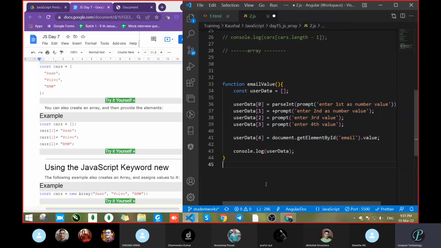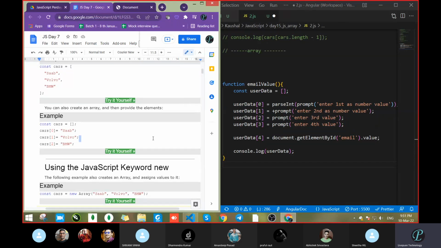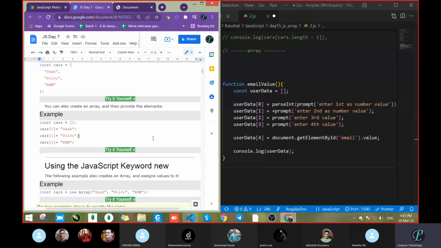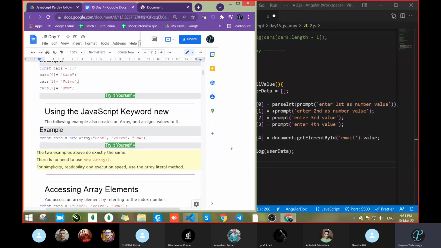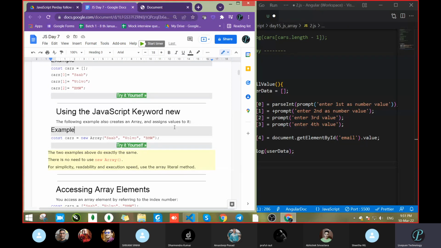Does anyone have an issue in constructing the array dynamically? Tell me. The same thing we can do with the help of the new keyword also. As we saw, we can construct it with the help of the new keyword. The new keyword is used for creating an instance, as we discussed yesterday also.